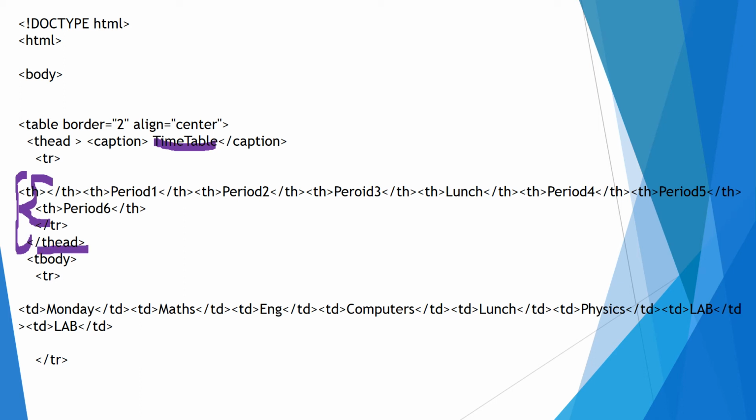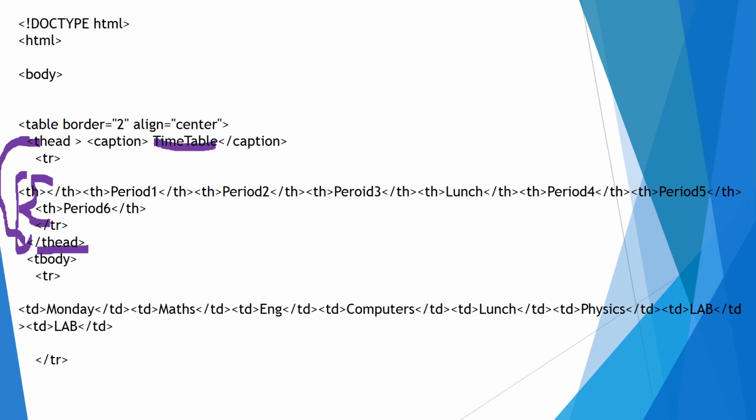See, these are table headers. What are all the fields in the timetable? I have written them in the table header tag. These are grouped together in what tag? T-head. Without t-head also we can write this th tag. But for grouping these table header tags we will use t-head and t-body.